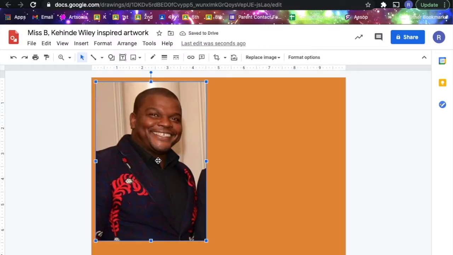So now what I want to do, this part is going to help set up the rest of my assignment. So it's important that I pay attention and make sure that my placement is good now. I want to make sure that my picture is really big and takes up most of my picture space, so this orange background. Because the bigger that our picture is,